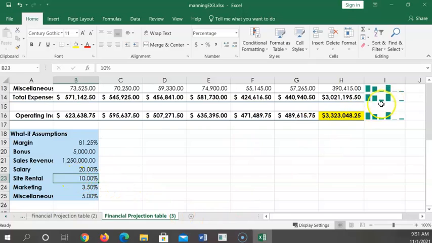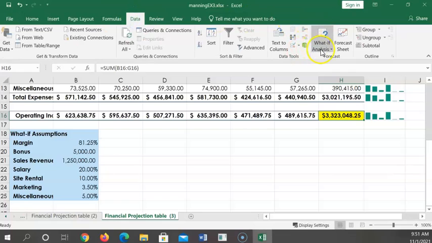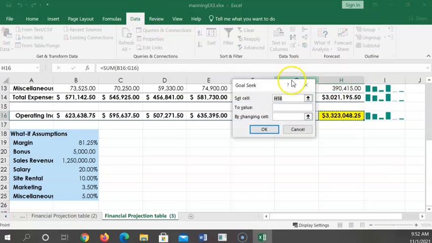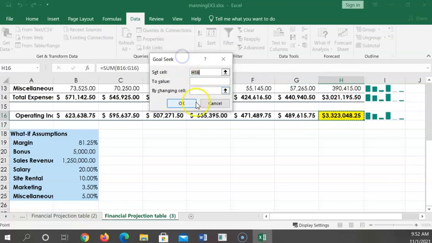I can click on the operating income at the end of the year, then go to the Data tab, What-If Analysis, Goal Seek. This is where we let Excel do the work of finding out what it's going to take to get an operating income of $3,500,000. So Data, Goal Seek, after selecting that,